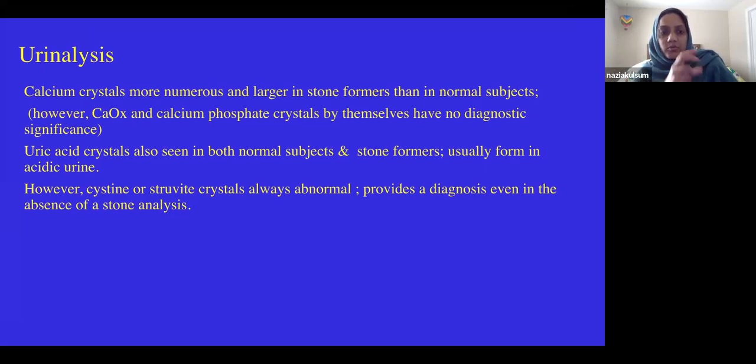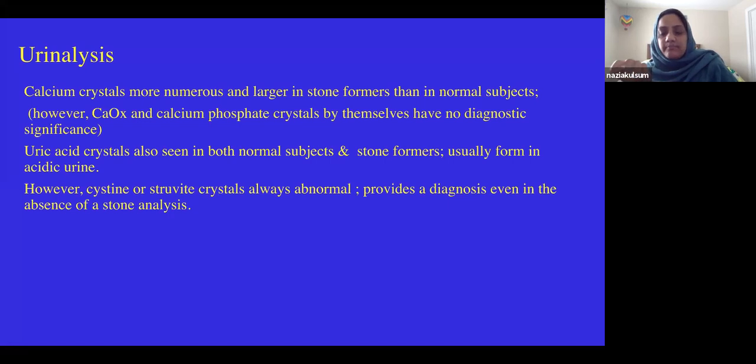Or if a patient gave you a urine sample and it was sitting on the table for 1 to 2 hours, even then you can see some crystals. So calcium oxalate crystals are commonly seen on routine lab tests. Not all of those patients need a full stone evaluation. It's the patients who have had kidney stones or other risk factors for whom you would do a stone analysis and evaluation. Sometimes you'll see uric acid crystals,